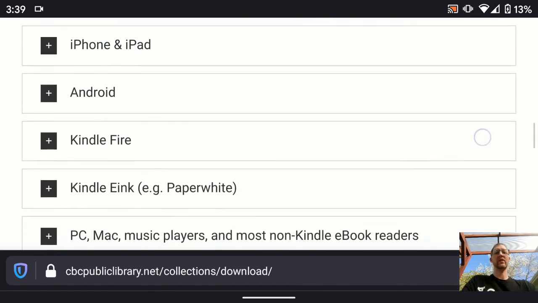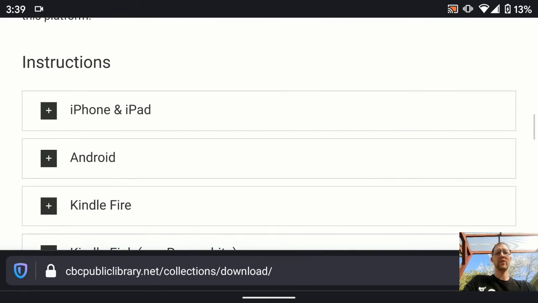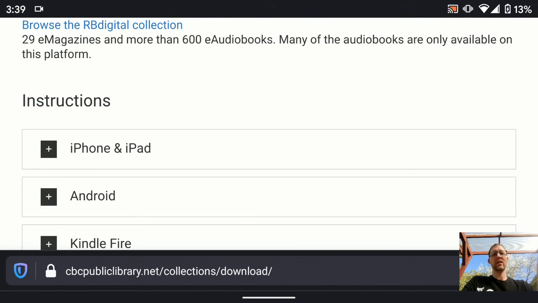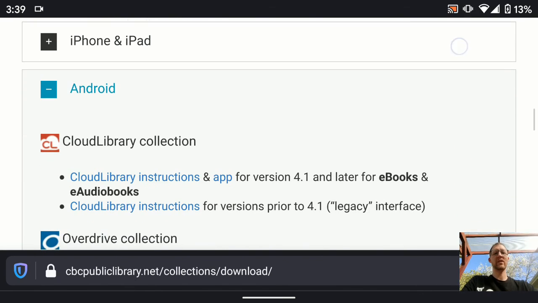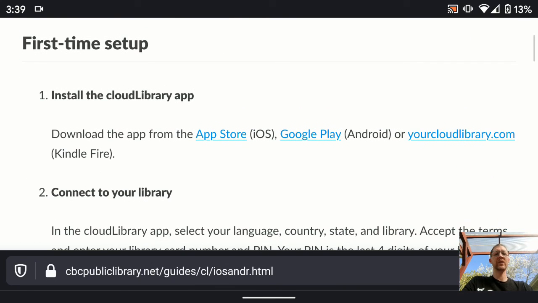Instructions for different devices so you can follow along. Down at the bottom here, you'll see Kindle, Kindle Fire, etc. And the instructions for those are a lot different than the ones that I'm going to walk through today. But here they are for your use if and when you're ready. For me, I'm going to tap Android and cloudLibrary instructions, and I'll essentially be following along with these, starting with